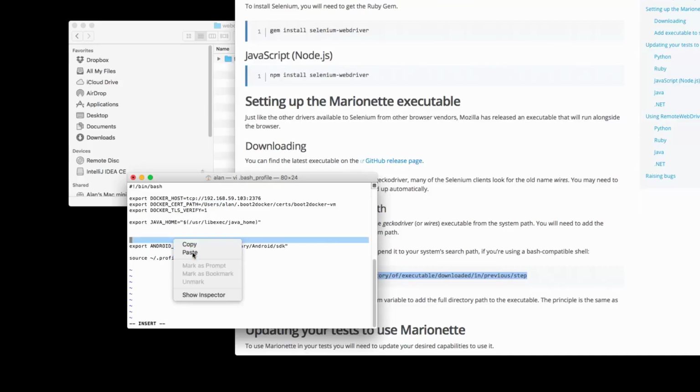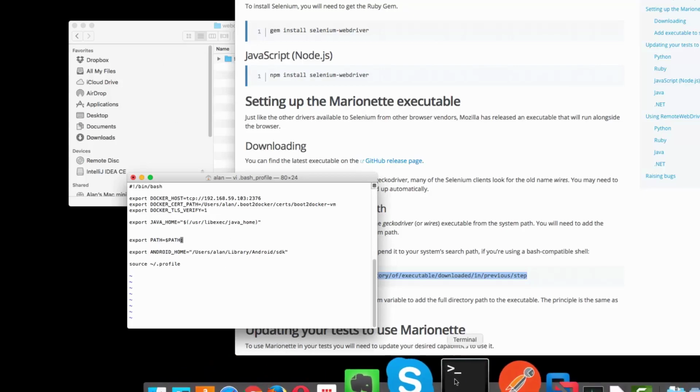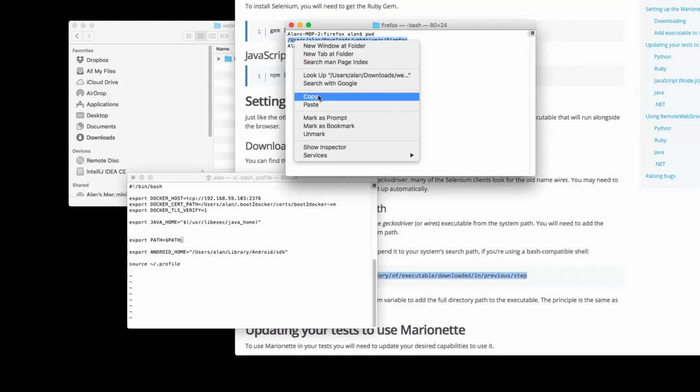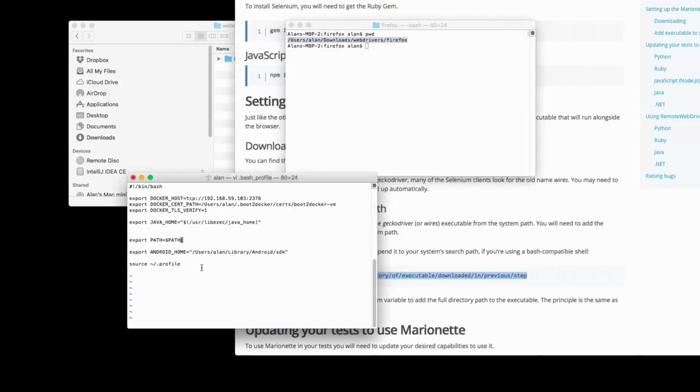So I'm basically copying in the string that was on the Marionette install page, which basically says export path with the current system path and my path that I've put the GeckoDriver into appended on the end. So if I type in the path that I put the GeckoDriver in, which was /user/Alan/download/WebDriver/Firefox, and add that onto the system path,